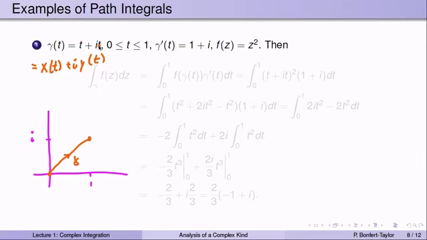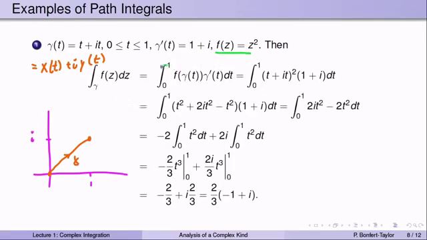Just take the derivative of t, which is 1. The derivative of it is i. And suppose I wanted to integrate the function f of z equals z squared over that path. So I need to find the integral of f of z dz. By our definition, because f is a continuous function and the path is smooth,